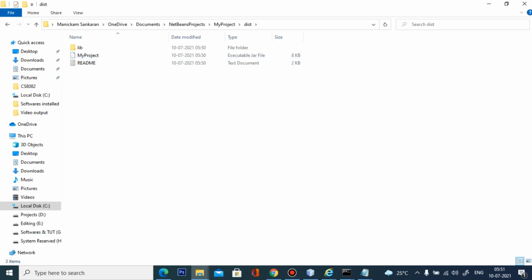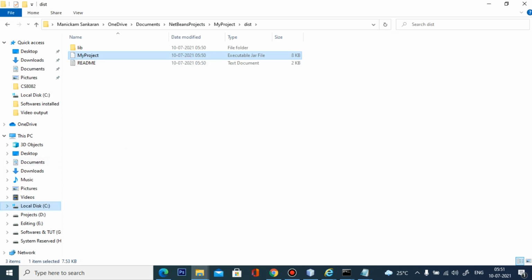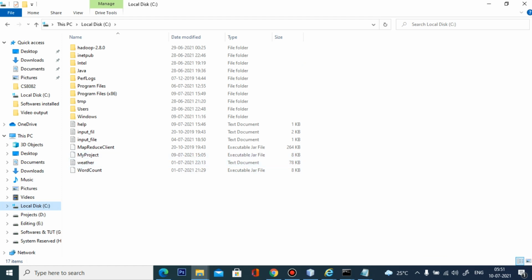Okay. So then what we have to do is copy this jar file and paste it in your C folder. I already pasted it, so there is no need to place it again.